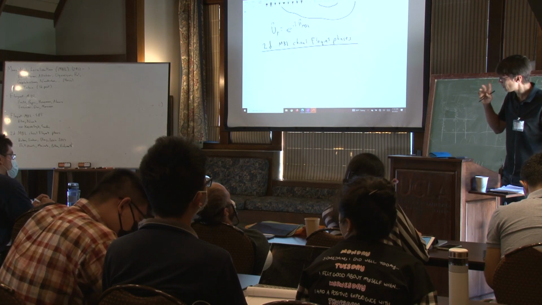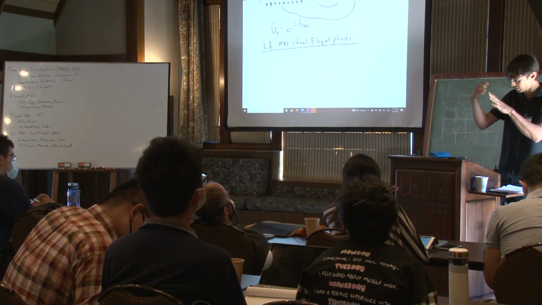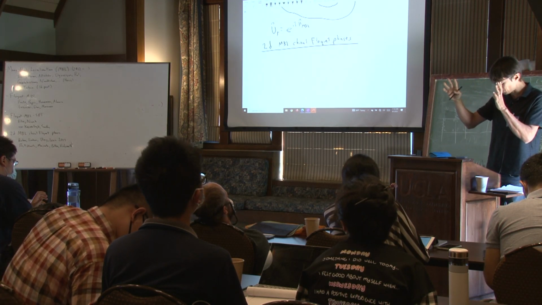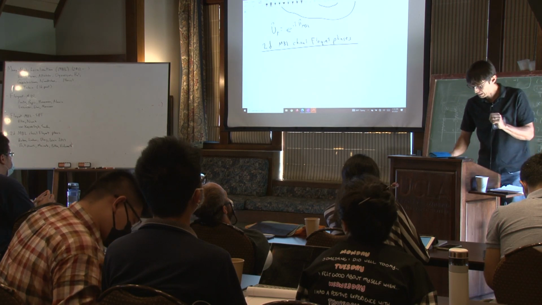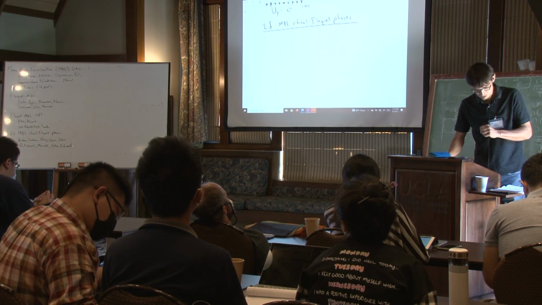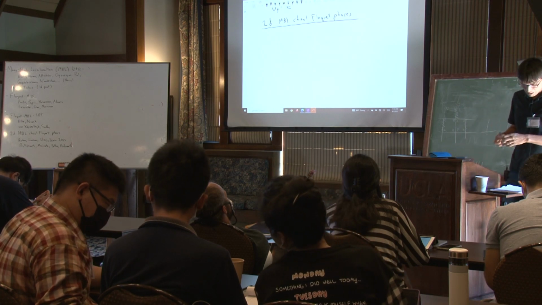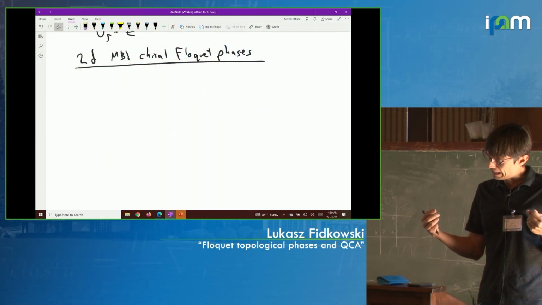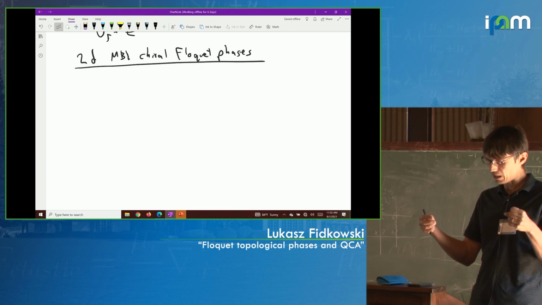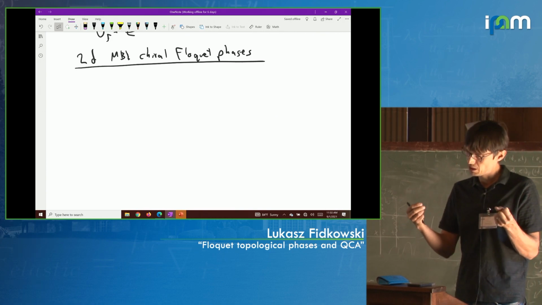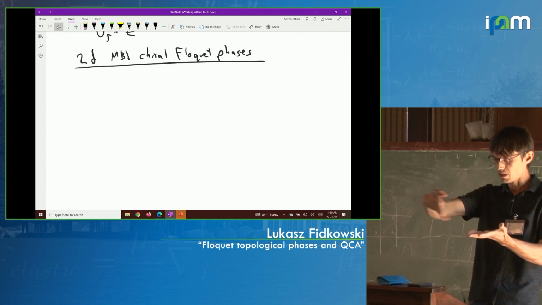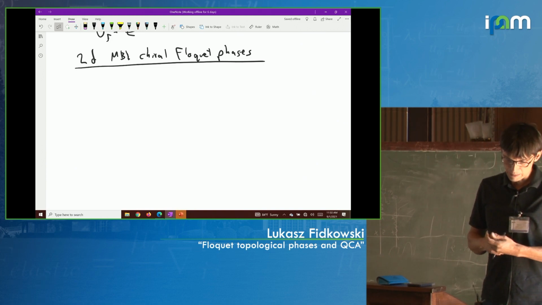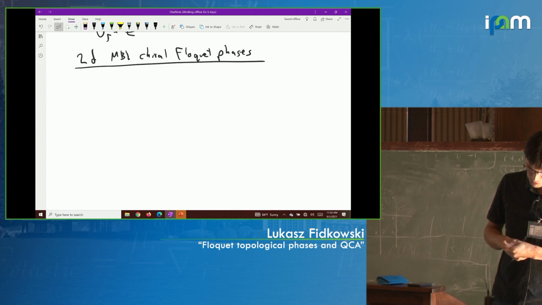Okay, let me at least set things up, and hopefully Matt discussed enough of this formalism that I can connect up to what he discussed, and things will be somewhat clear. So let me show you how, say I have a Hamiltonian in 2 dimensions. It's a Floquet Hamiltonian, so it's time-dependent, periodic, and it satisfies this MBL property.